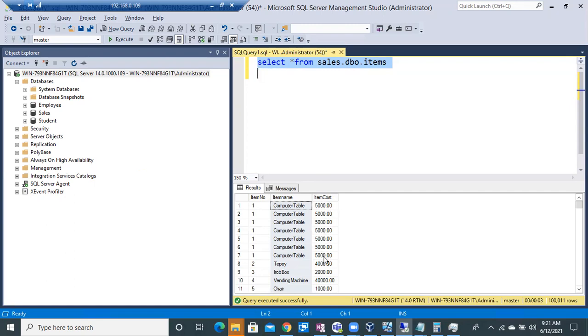Because the items table is stored on multiple pages. But once you run select star from a table name, it has to pull all the pages that belong to the items table into memory.